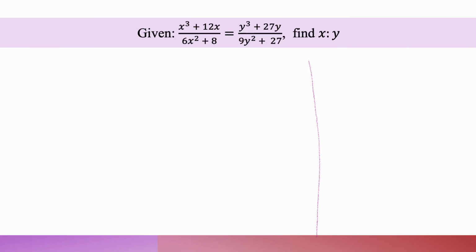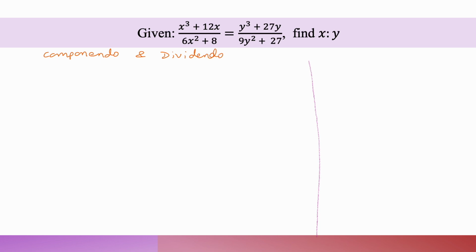In the next question, it is given that (x cube plus 12x) upon (6x squared plus 8) is equal to (y cube plus 27y) upon (9y square plus 27). Then we need to find the ratio x is to y. So applying componendo and dividendo to the given equation,